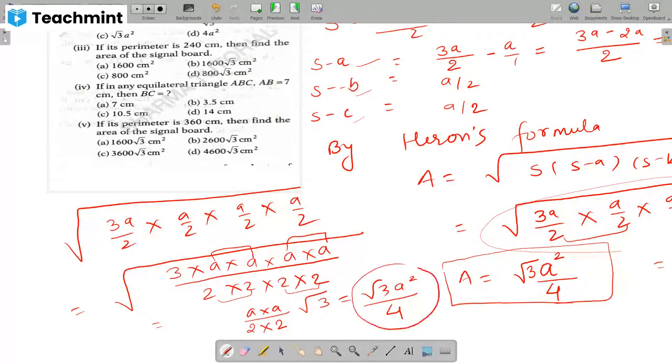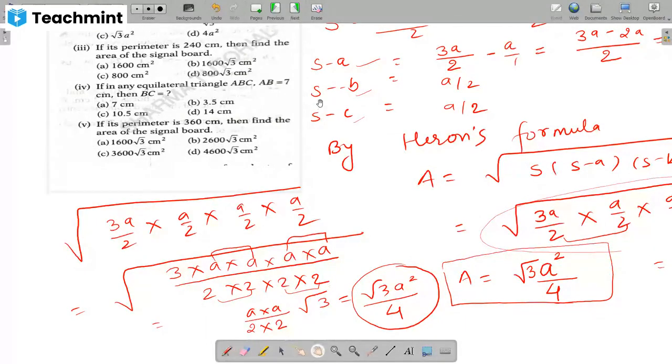Is it clear now? Yes, ma'am. Ma'am, if it is given an isosceles triangle, we have found s minus a, s minus b. It would be same, and we have to find s minus c again. Yeah. In that question, suppose it is an isosceles triangle, then only 2 sides are equal. So in that question, you will be given the equal side as well as the unequal side.